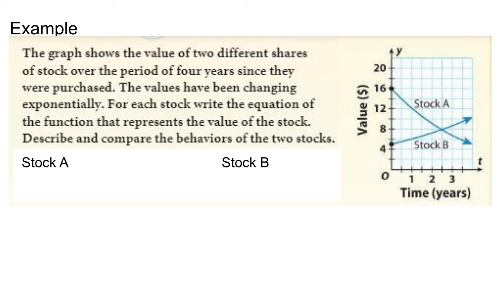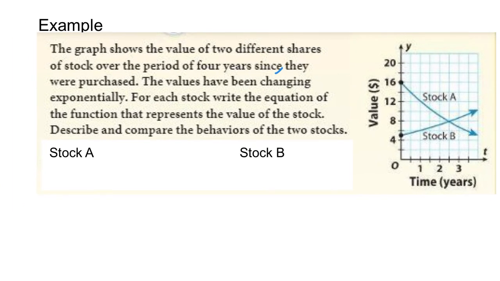Now here we have another one involving some graphs. And so we're going to write an exponential function for each of these stocks that are modeled here. And then talk about what that means about their value. So from the graph over here, you can see that stock A is decreasing exponentially, while stock B is increasing exponentially. So we're going to write a function for both of those and then compare what's actually going on between these two. So for stock A,